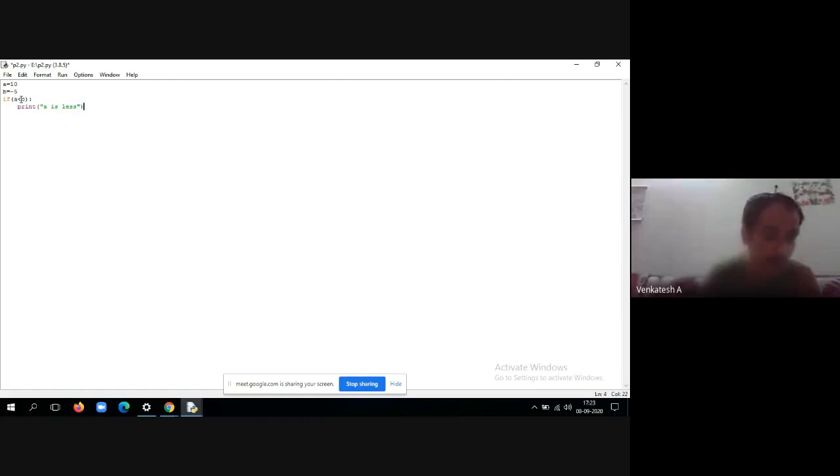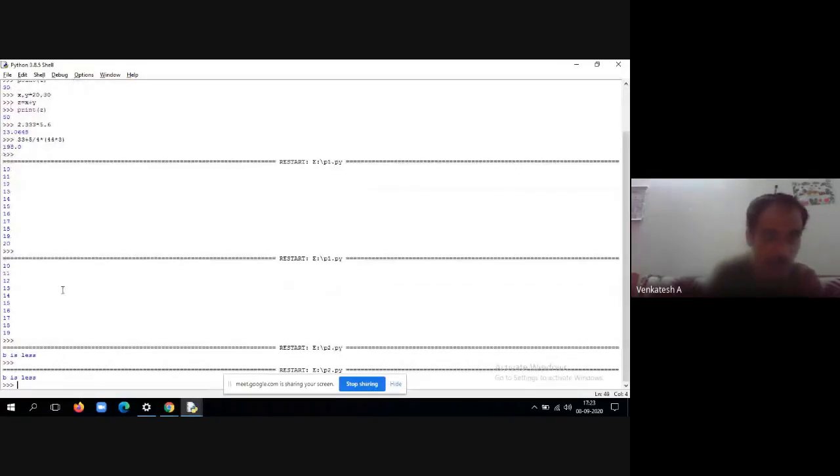So now what I'll take here: if b is less than a, then print b is less. Then press F5 to run. It is showing b is less.